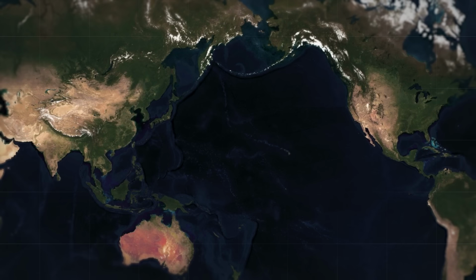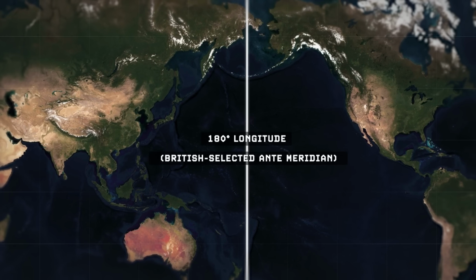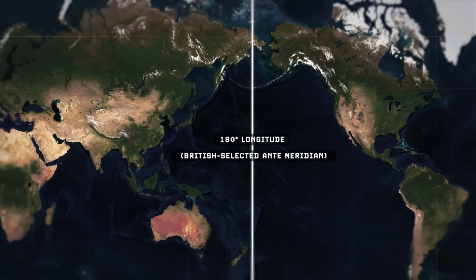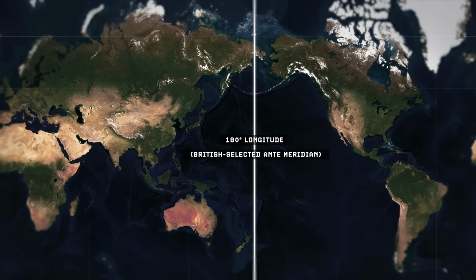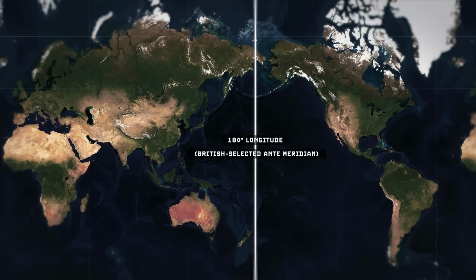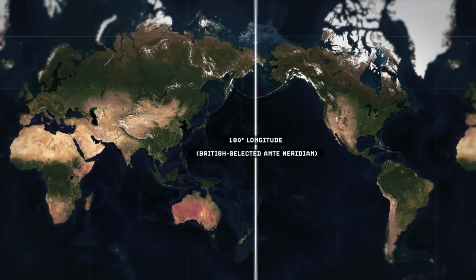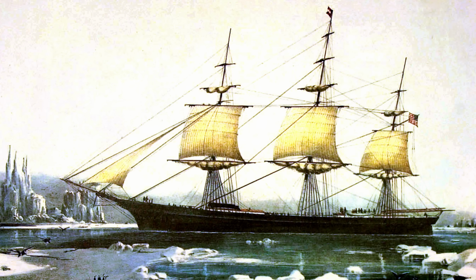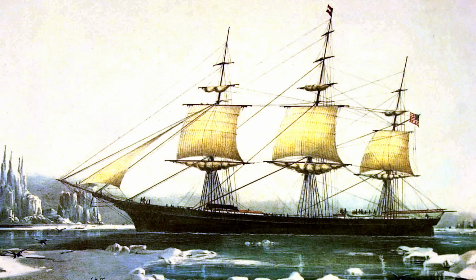And conveniently, the selected anti-meridian or international dateline opposite of the prime meridian largely ran through a mostly uninhabited stretch of the Earth's surface across far eastern Siberia, and then through the mostly empty Pacific Ocean all the way down to Antarctica. As the 19th century progressed, globalization was steadily bringing world trade and commerce ever closer together, but the